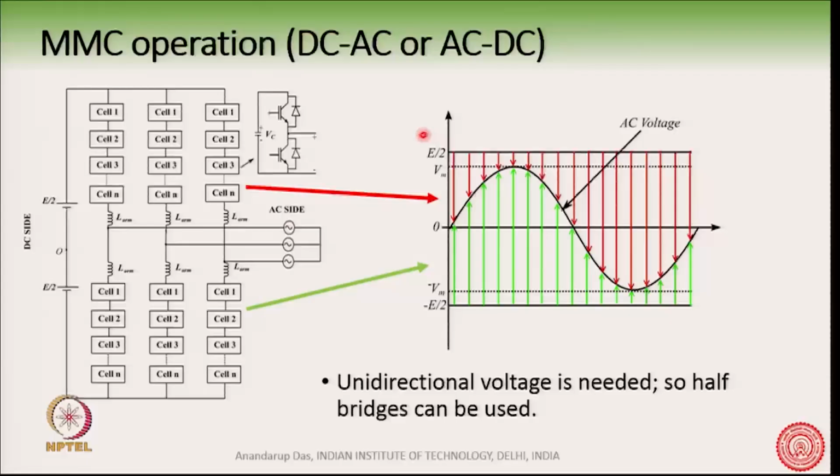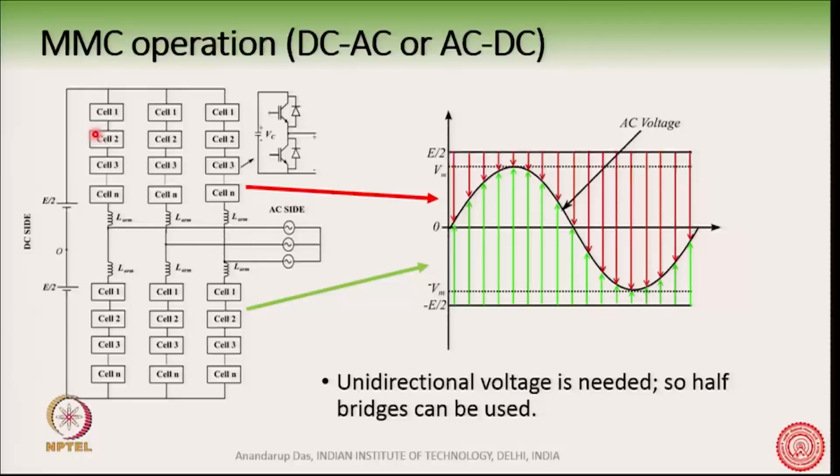On this curve we are also showing the E by 2 and minus E by 2 with respect to this O point. Here the O point is here, E by 2 and minus E by 2, this is the 0 point which has been assumed, E by 2 here and E by 2 down there. Now, if you see the voltage to be produced by the upper arm, because it has to satisfy the Kirchhoff's